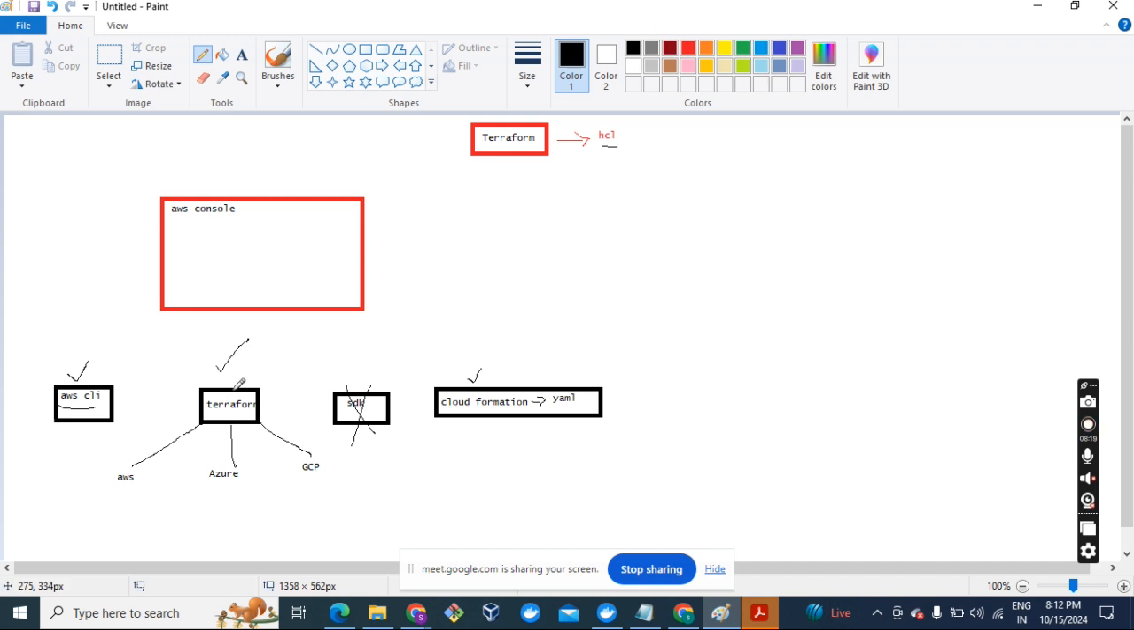So how are these tools going to create the resources in the cloud platforms? That is through APIs. The interaction between these components and the AWS console happens through APIs. In the backend they have some APIs, and through those APIs they create the resources. So like this, the high-level resource creation happens. Okay, so